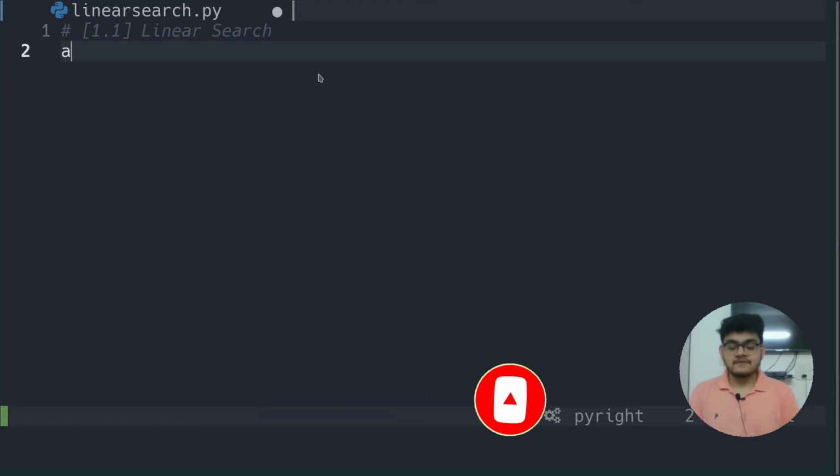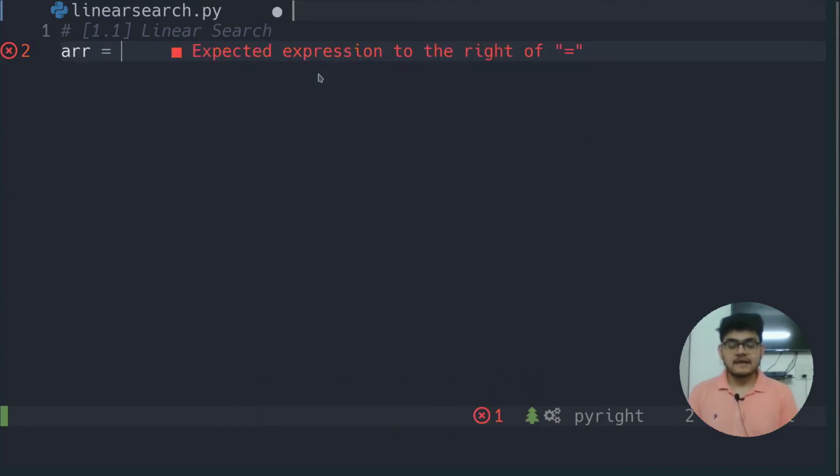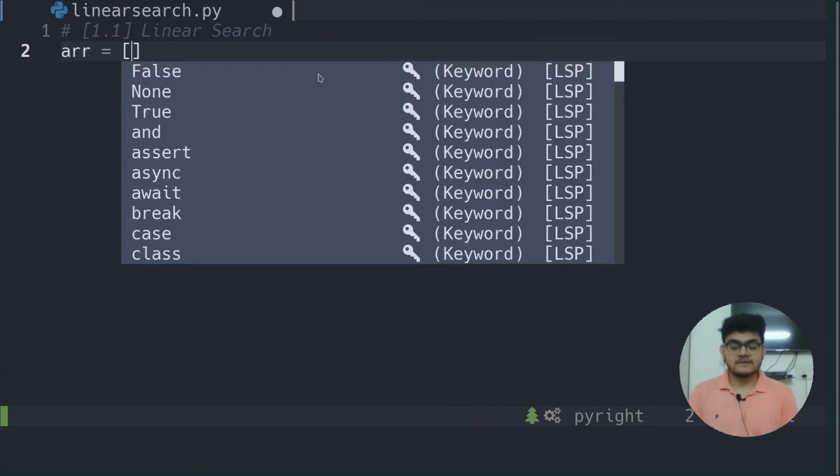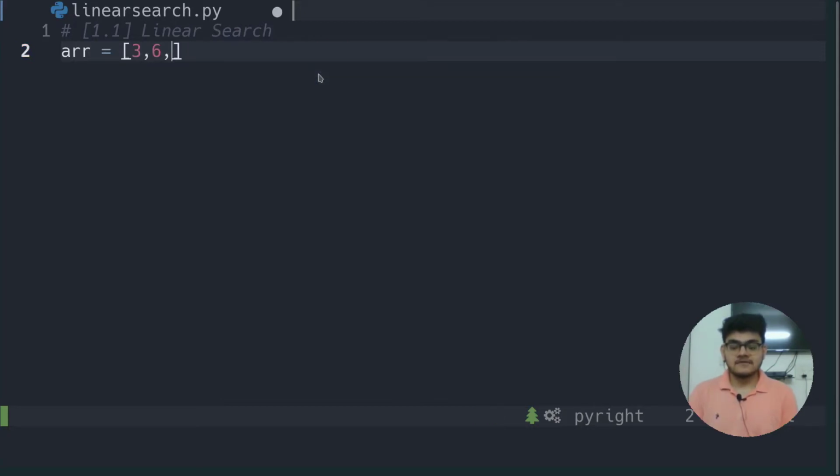So the first thing is we will first have to create an array, and let's insert some of the elements inside of this array. We can insert some integers or something else like characters, but what I'm going to do here is insert some elements. So how linear search basically works is, once you are given a data structure like this, which is a linear data structure, you can see that this is an array or list in Python. So I'm just going to write a comment here that this is basically a list slash array.